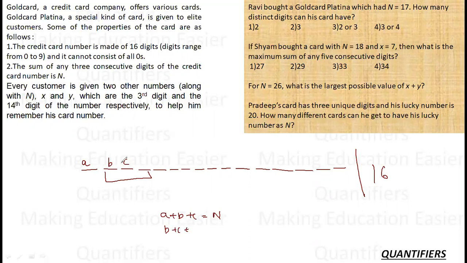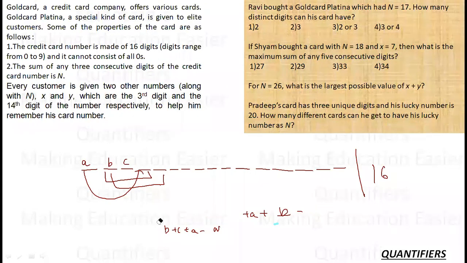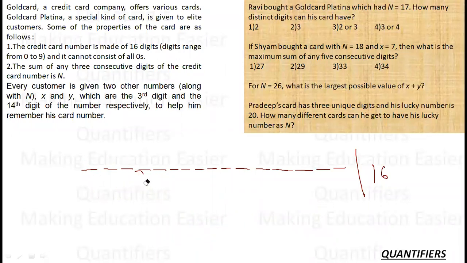Can I say if A plus B plus C is n, then A has to come here also in order to make it n. And then B plus C plus the next digit. If I say C plus A plus something is equal to n, then it again has to be B. A very, very simple thing to observe. Which means that the 3 digits that I am going to write on the first three places are going to repeat periodically.